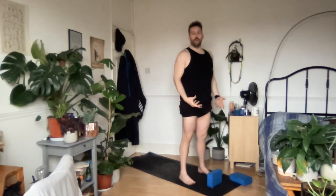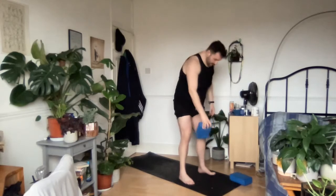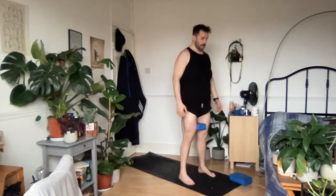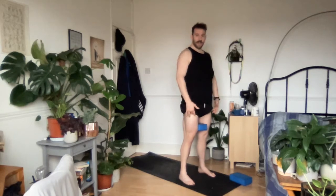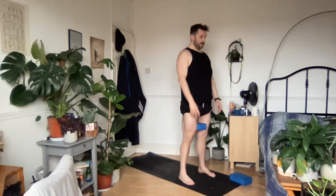Here's where we can add more with a block. Take it, insert it between the thighs. Something where there's enough for us to engage pressure. That squeeze, that activation and sensation to the inner thighs. It lights up the hips and the butt. Once again,